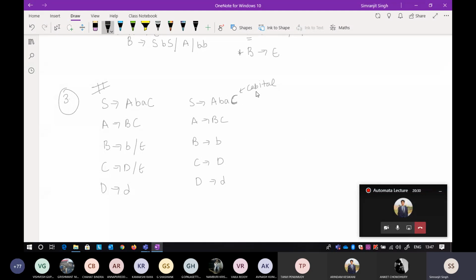Okay. So now what do I want to eliminate? The elimination part includes B tends to epsilon and C tends to epsilon. So now wherever there is a B and C, just take it as it is. Now here there is a C here. So C is also tending to epsilon. So what will happen? It will become ABA.